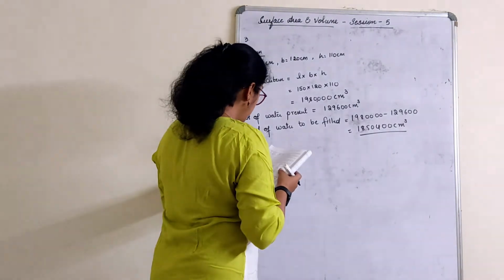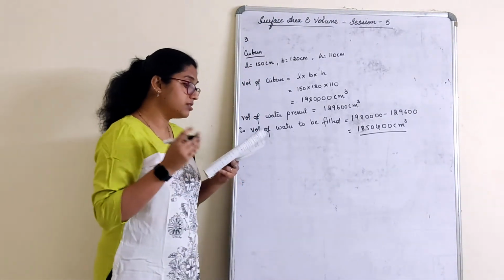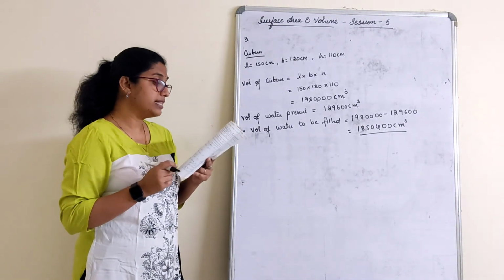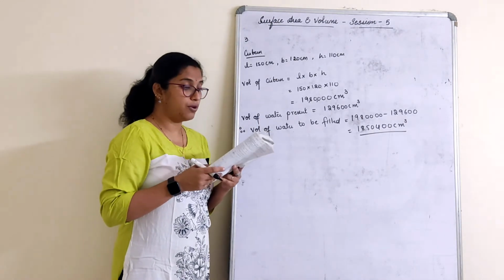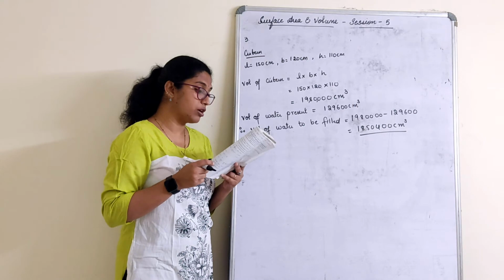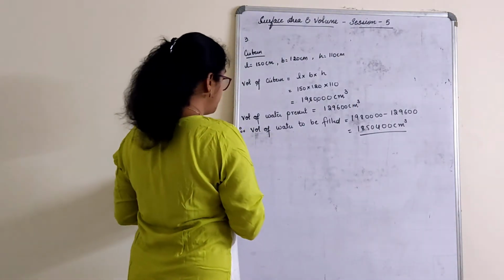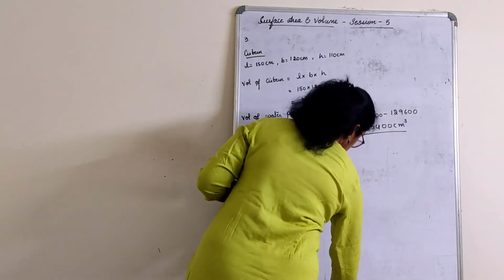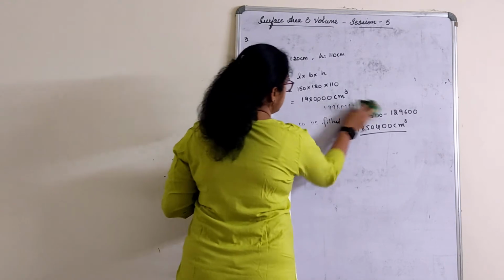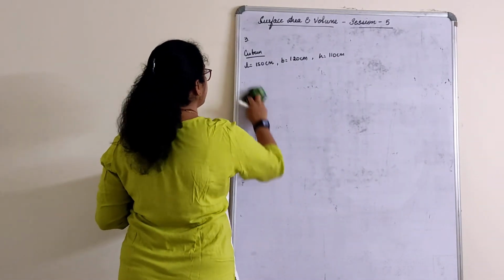Next one. Porous bricks are placed in the water until the cistern is filled to the brim. Each brick absorbs 1/17th of its own volume of water. So how many bricks can be put without overflowing the water, each brick being of the given dimension? So first of all, let us find the dimensions. So shall I erase this part? There is a lot more to be done. So just erase these values and just remember what we have to substitute and where. Okay.